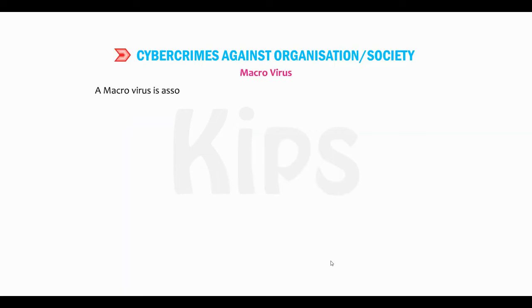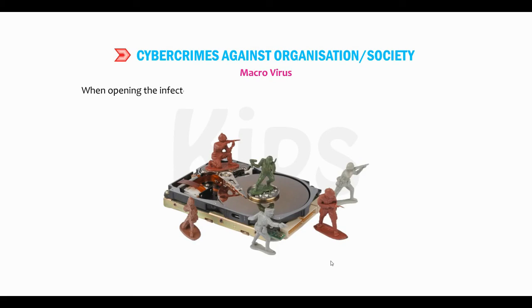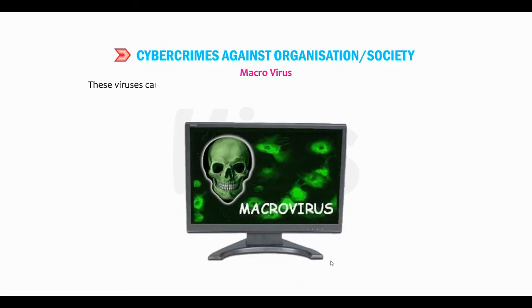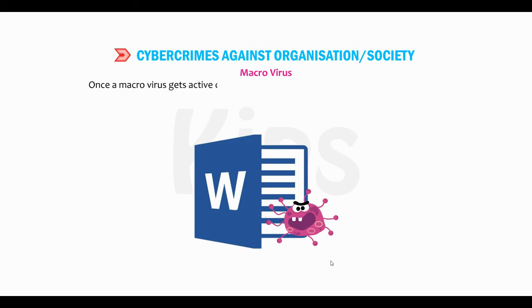Macro virus. A macro virus is associated with application software like Word, Excel, PowerPoint. When opening the infected document, the macro virus gets loaded into the main memory and destroys the data stored in the hard disk. These viruses cause a sequence of actions to be performed automatically when the application is started. Once a macro virus gets active on your computer, every document you produce will become infected. Examples are